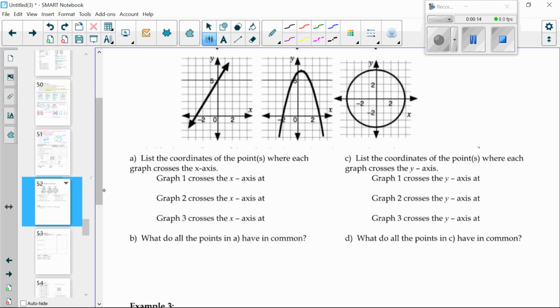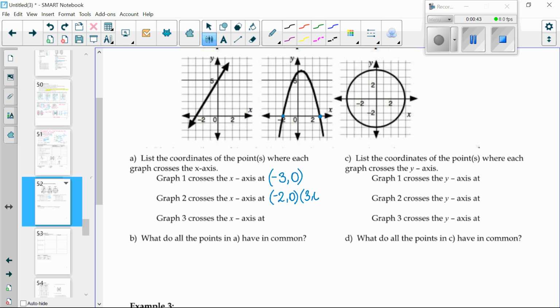So for graph number 1, list the coordinates of the points where each graph crosses the x-axis. So in graph 1, it crosses the x-axis at -3 and 0. Graph 2 crosses the x-axis at -2 and +3. So as coordinates, it is -2 and 0